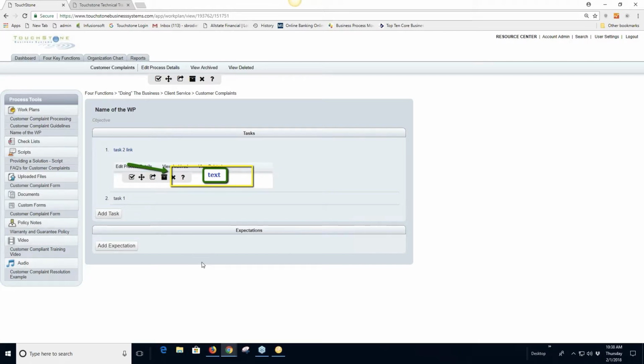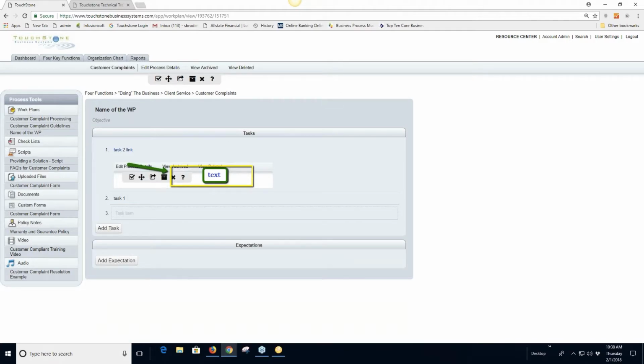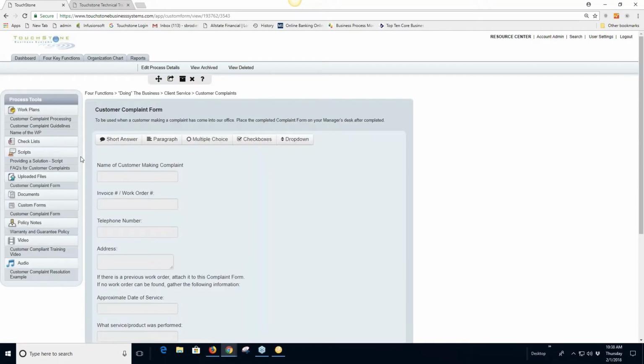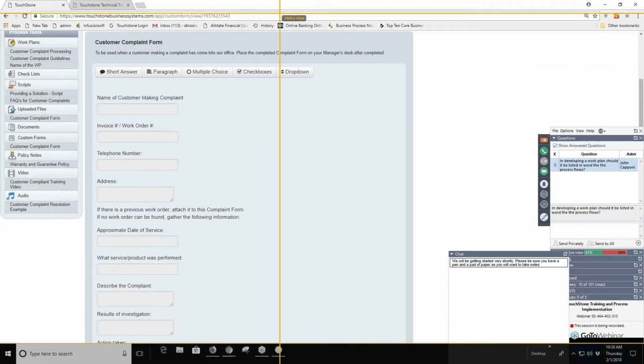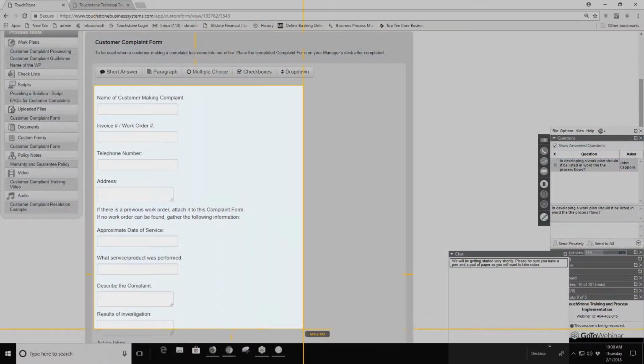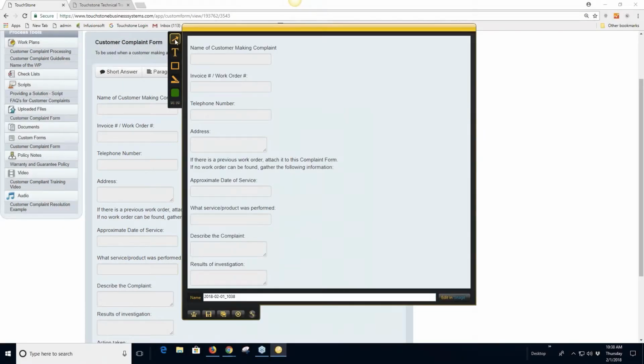Even when you're referring to the completion of a form or something else in another software tool, images work really well. So I'll hit cancel on this. If I go down, this is an example. Say I have a custom form in here for what to fill out when you're doing customer complaints. I can take a picture of this form, and then I can say refer to step 1,